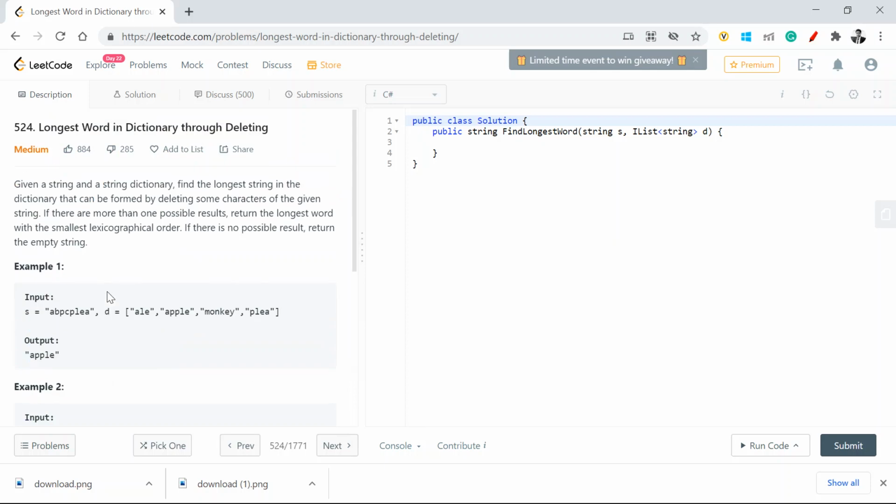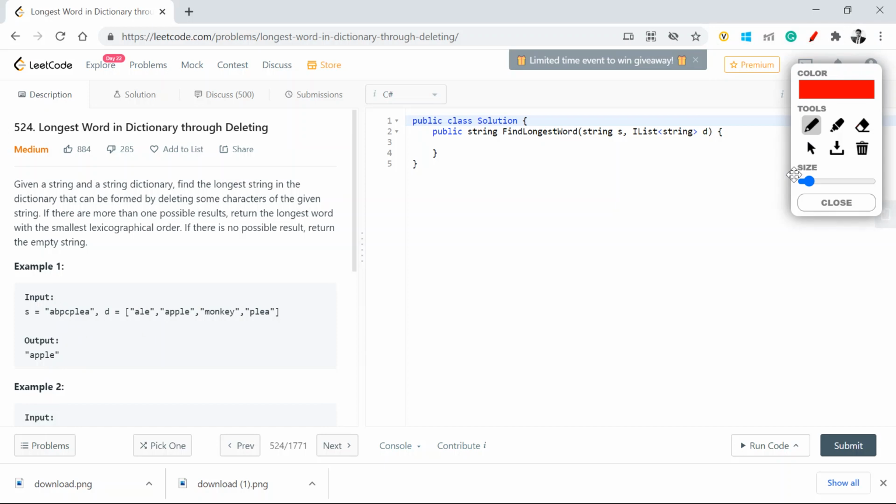So in a way, what this question tells me is I need a pointer which always looks at whether my A is present in this one or not. Yes, it is present. Is B present? No. Then move forward to P. Is P present? No. Is C present? No. Is P present again? No. Is L present? Yes. Is E present? Yes. So if you see, I gave an index on this one, gave an index on this one, and then tried to do a comparison. This is what we are going to do.